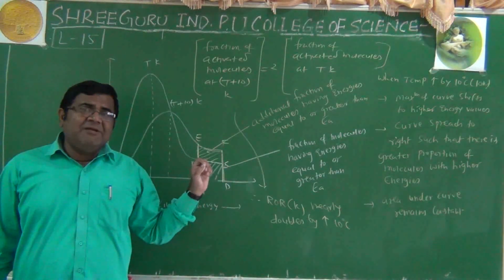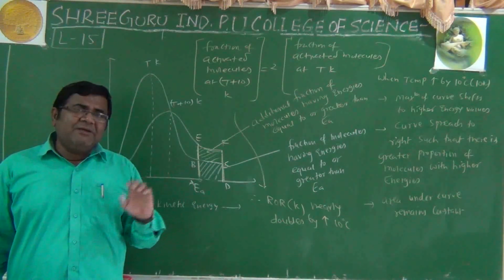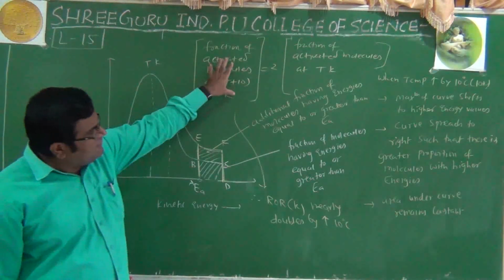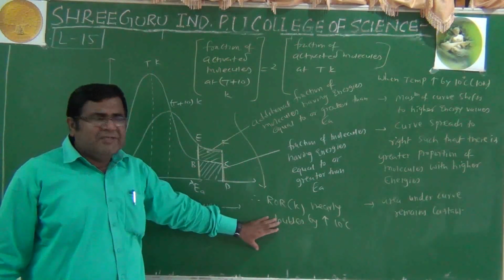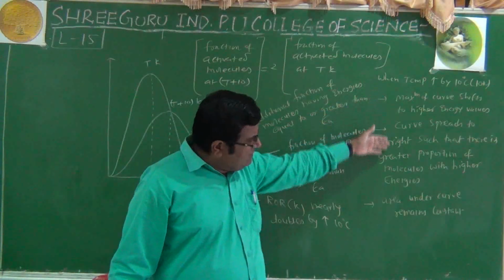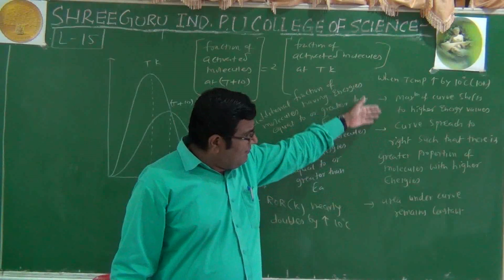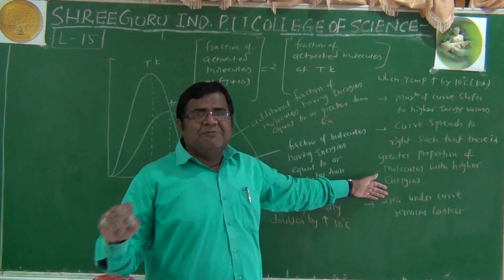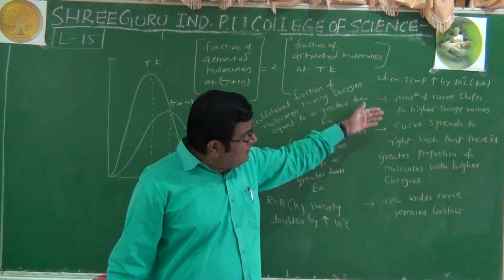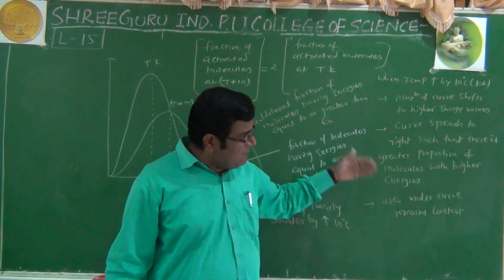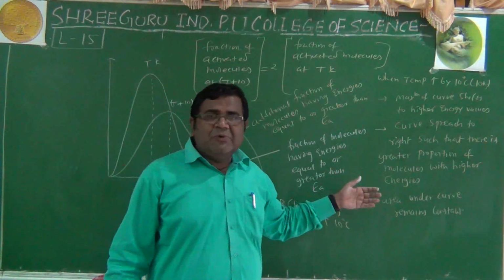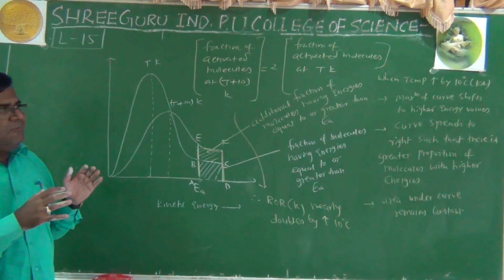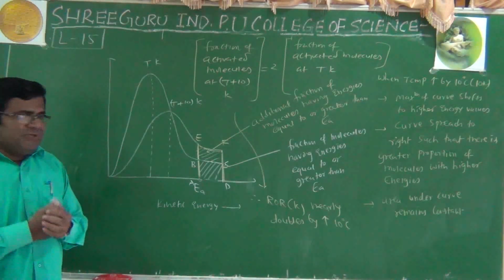Why, on increasing by 10 degree temperature, does the rate of reaction increase by 2 times? We have to draw this particular graph, write this sentence, and just conclude by this. No need to mention all these 3 sentences that I have written, because in MCQs they may ask which of the following statements is correct, which is incorrect. In such questions, these points are helpful. That's why I am writing them on the board, so that you will have a clear picture of what is happening in this particular factor, which is the temperature.